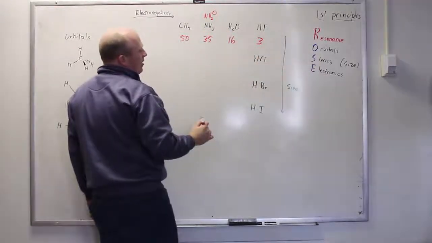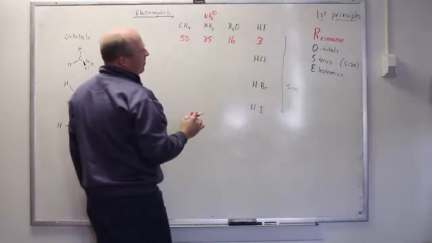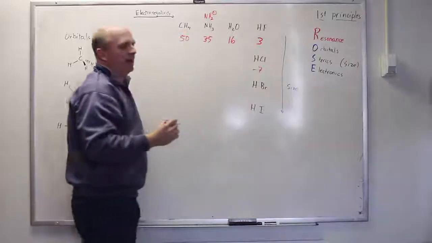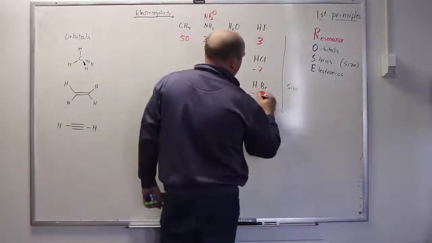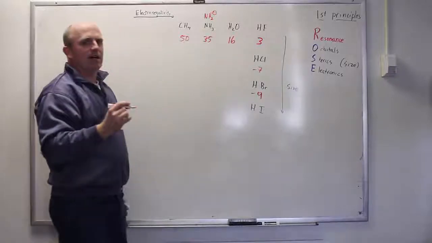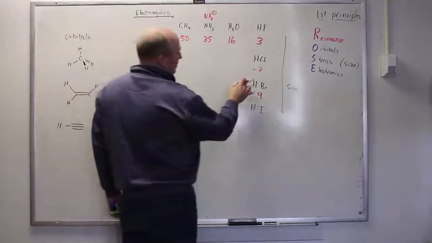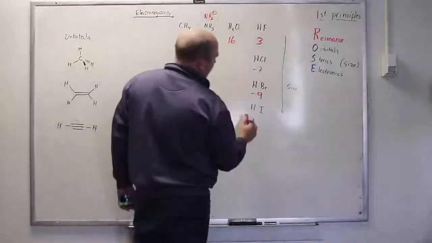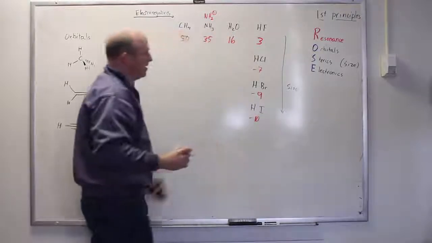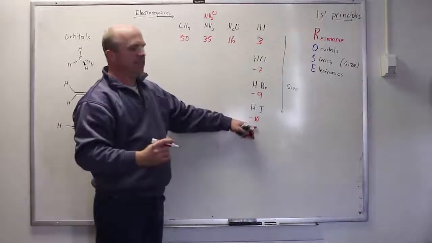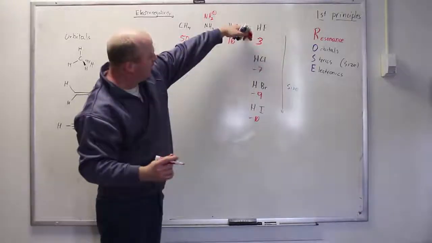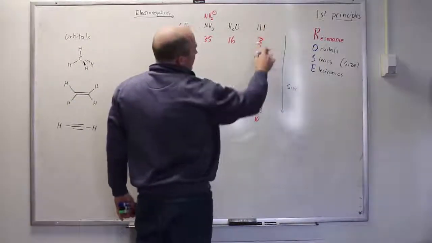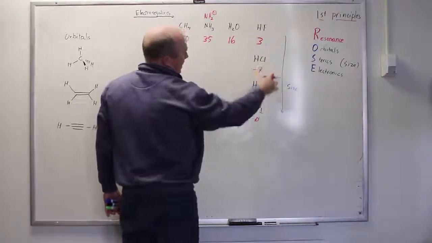For size, we now have a very dramatic trend. Taking off the proton from fluorine is relatively hard to do, but HCl is one of the strong acids. Its pKa is -7. pKa for HBr, depending on which handout you're looking at, is around -8 or -9. It's relatively easy to take off this proton. In fact, it's 100 to 1,000 times easier to take off the proton from bromine than it is from chlorine. And HI, of course, being the biggest of the counterions, is even stronger as an acid. So if you look at this trend here, size clearly makes an enormous difference. Go from a weak acid to a strong acid, going from fluorine to chlorine, and then it gets better as